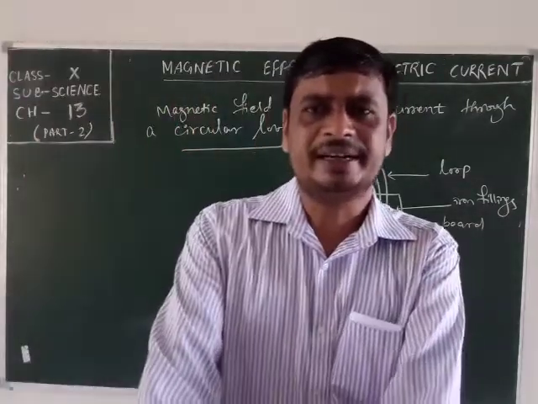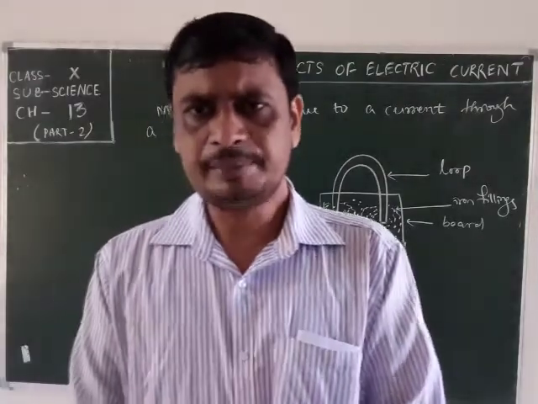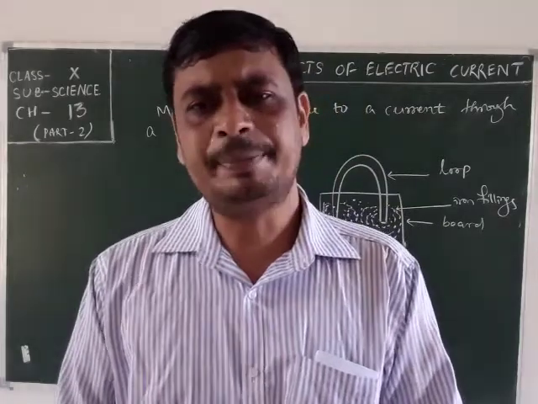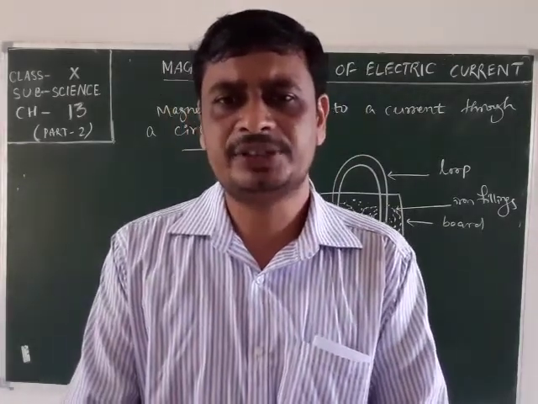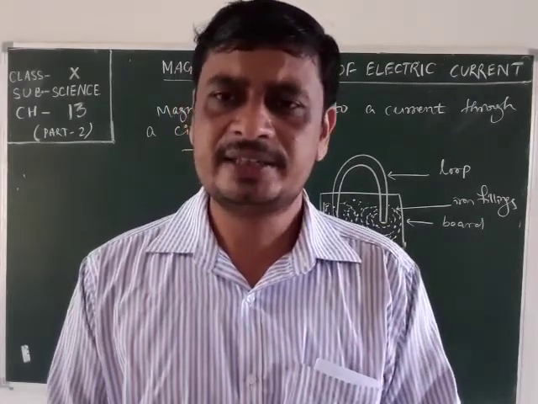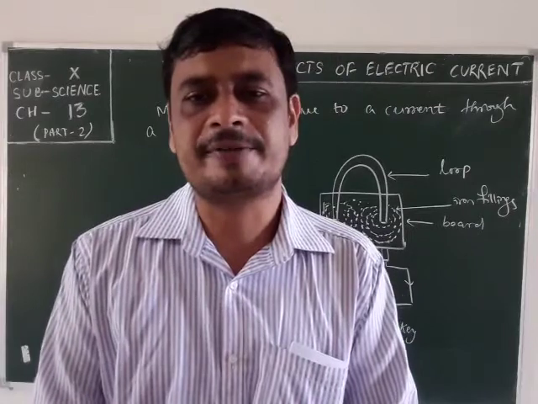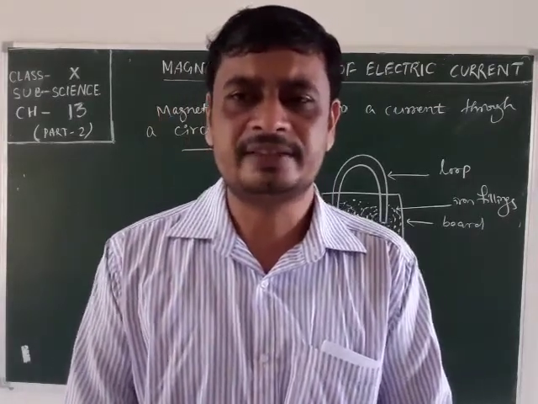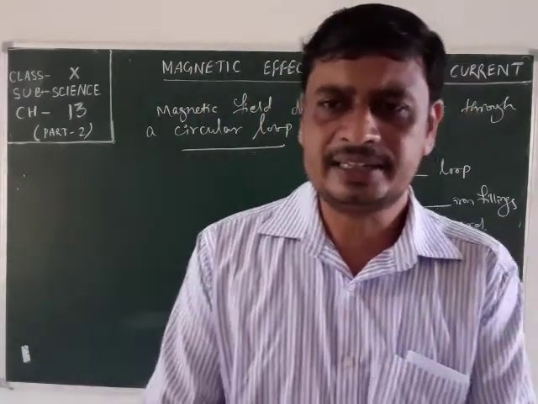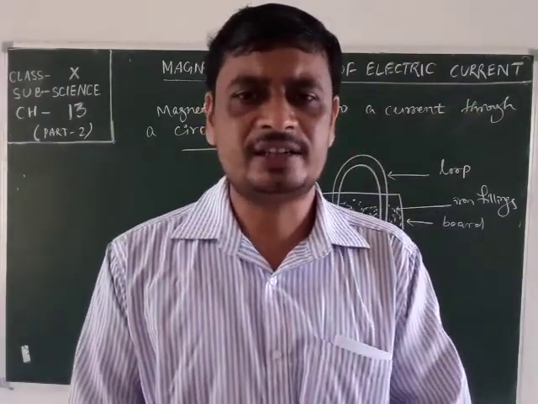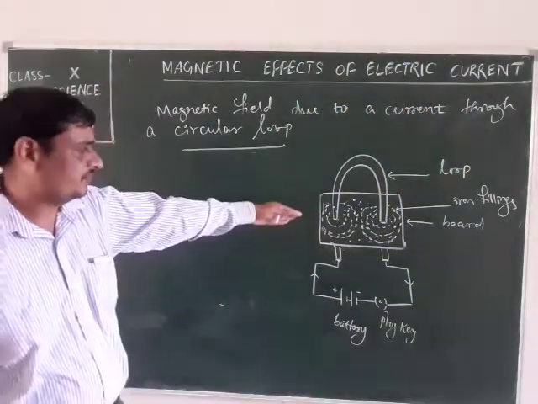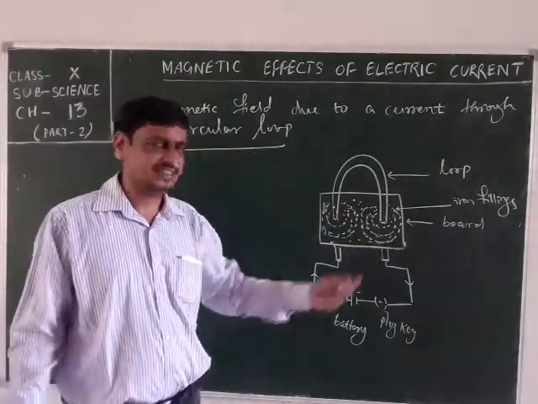Here, we know that the magnetic field produced by a current carrying wire at a given point depends directly on the current passing through it. Therefore, if there is a circular coil having n turns, the field produced is n times larger than that produced by a single turn. It is because the current in each circular turn has the same direction and the field due to each turn then just adds up.